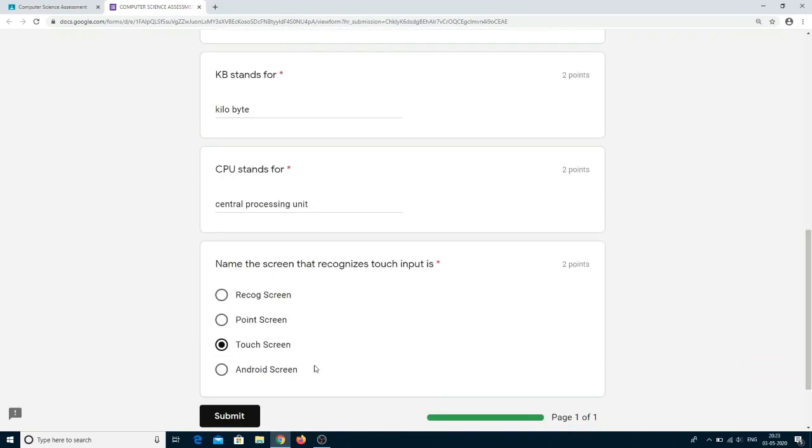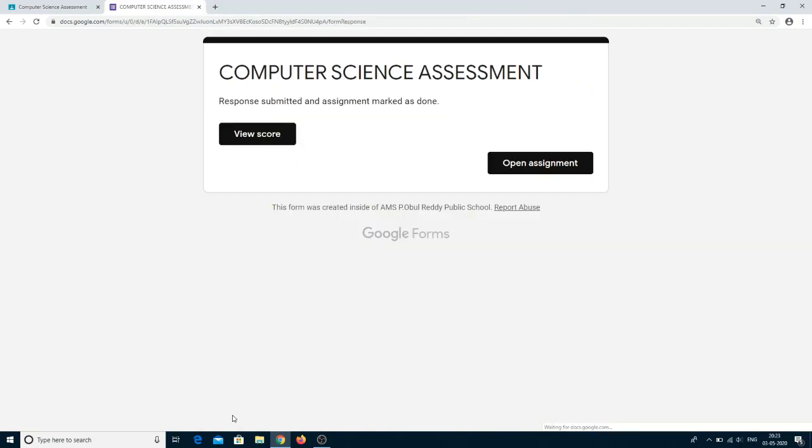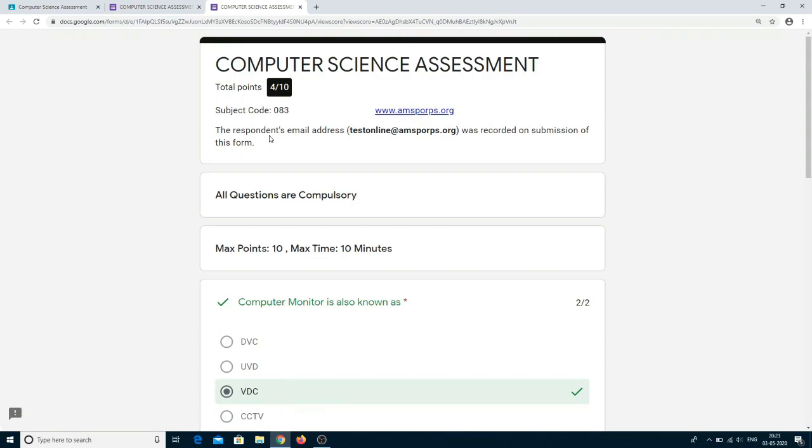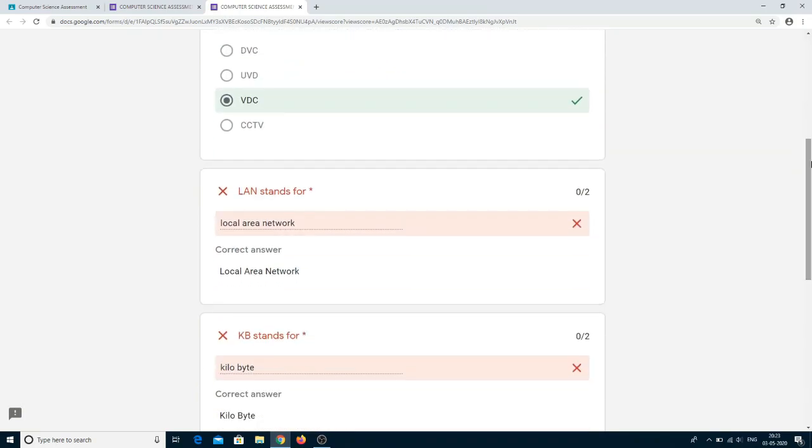After submitting all the questions, click on the submit button, and then click on view score, where you can see the score of this particular student. You can see the score is 4 out of 10. The first question is correct, and the second question, local area network, is a right answer, but